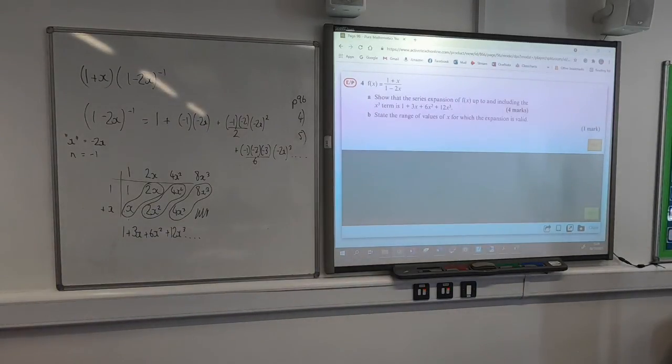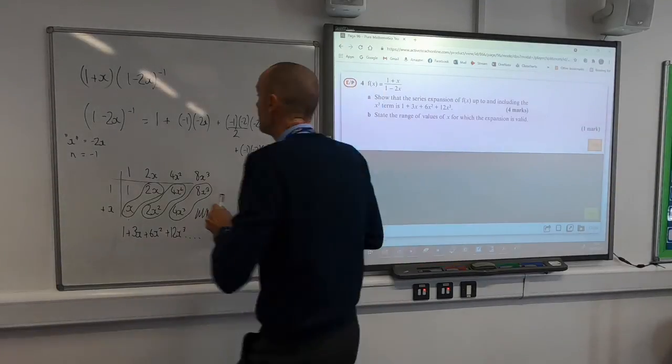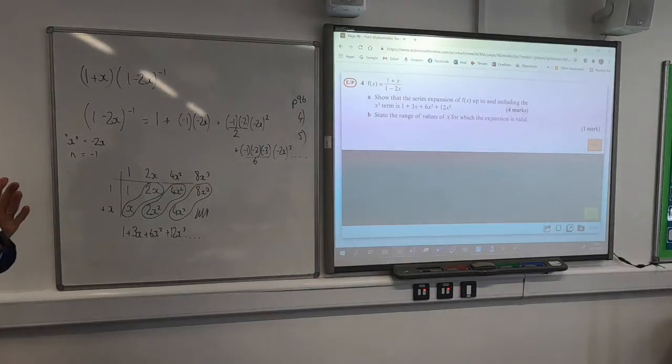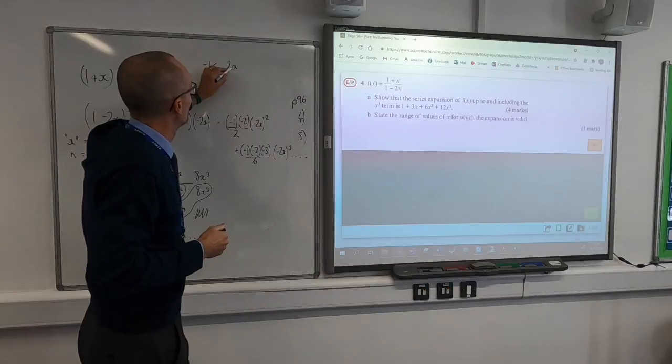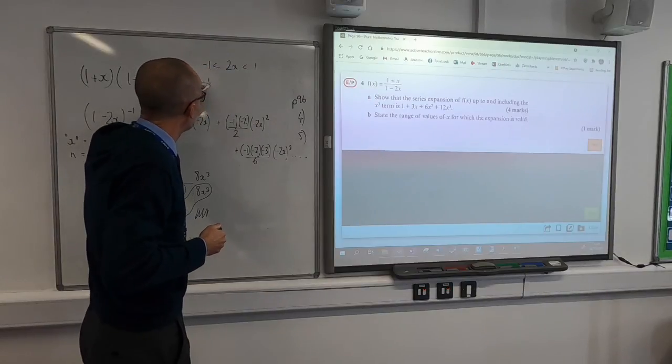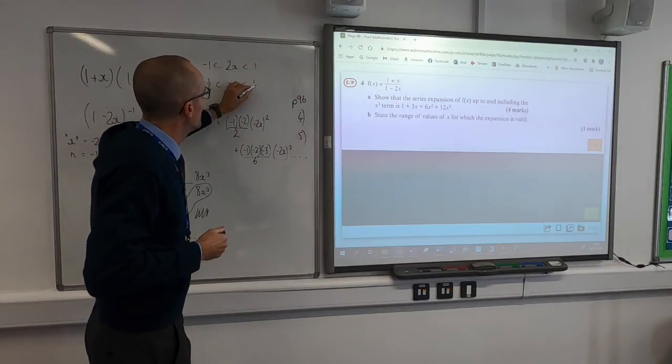Now, the bit about validity, obviously the 1 plus x, no issue there at all, but the bit that we expand has got to be between minus 1 and 1. So 2x or minus 2x has got to be between minus 1 and 1. So the valid values for x in this question are,